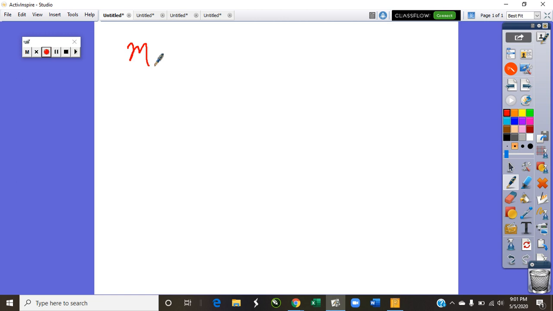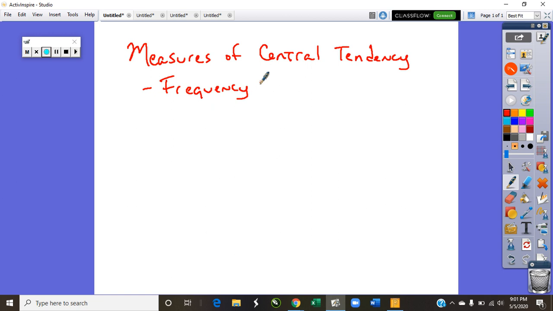These are measures of central tendency, and this specifically is from frequency tables. All right. So what we're talking about when we say central tendency, there's things that we look for,